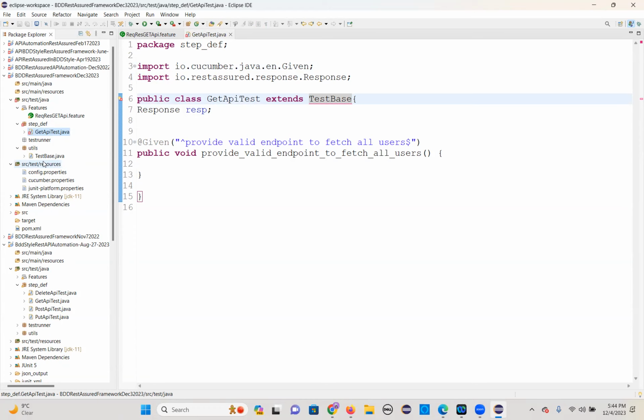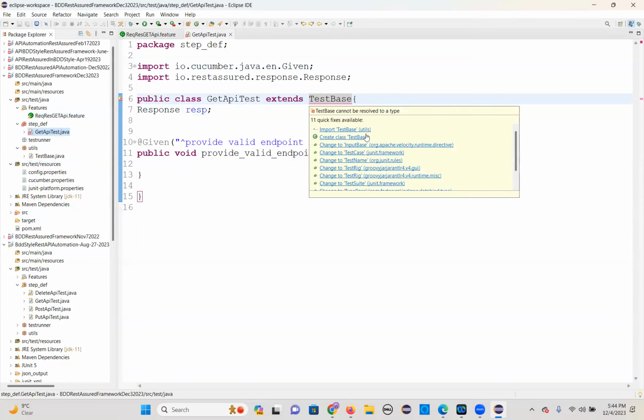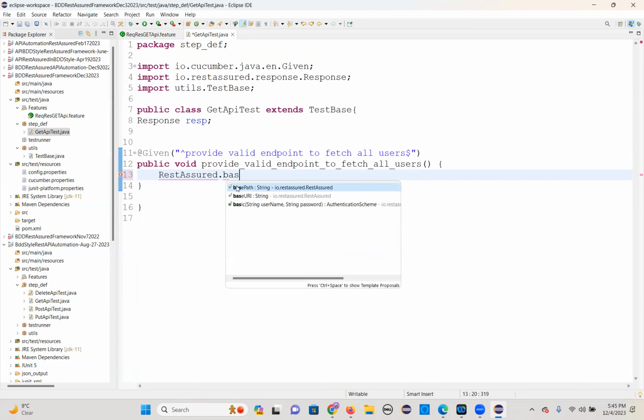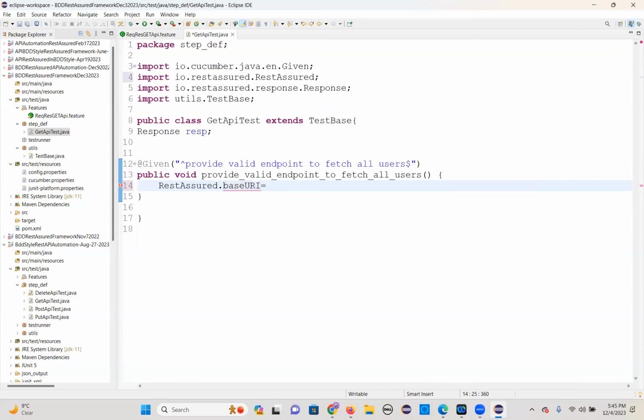So the test base class, yes, the test base, yeah. So the import package is different. That's why it is throwing an error. Just import it. So then you have to create RestAssured.baseURI equal to